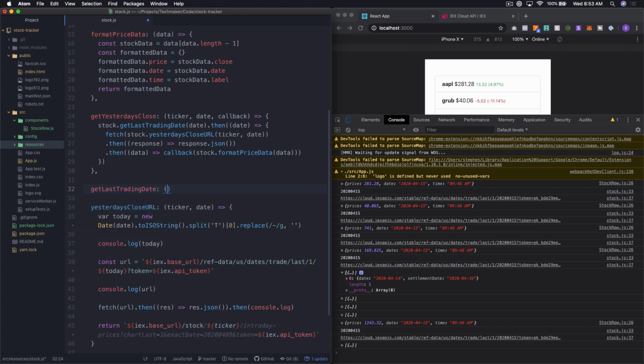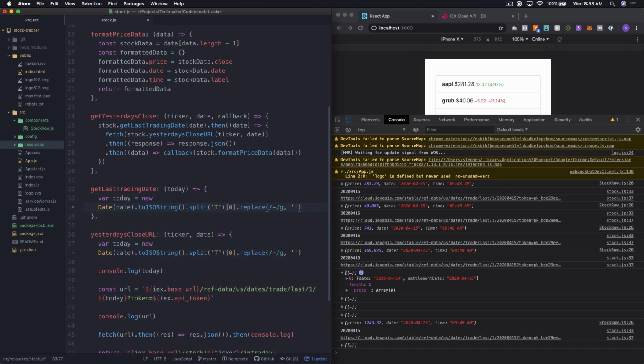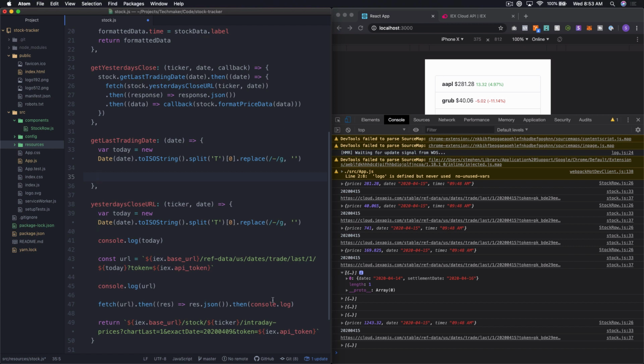It just takes a date, and we'll call it today because that's how we called it down there. And let's put a comma to get our syntax right. And then we just need to, actually, you know what? Let's call that just date because that's what we're doing here. We need to run our formatting. And then what we want to do is, let's see, we need to return,